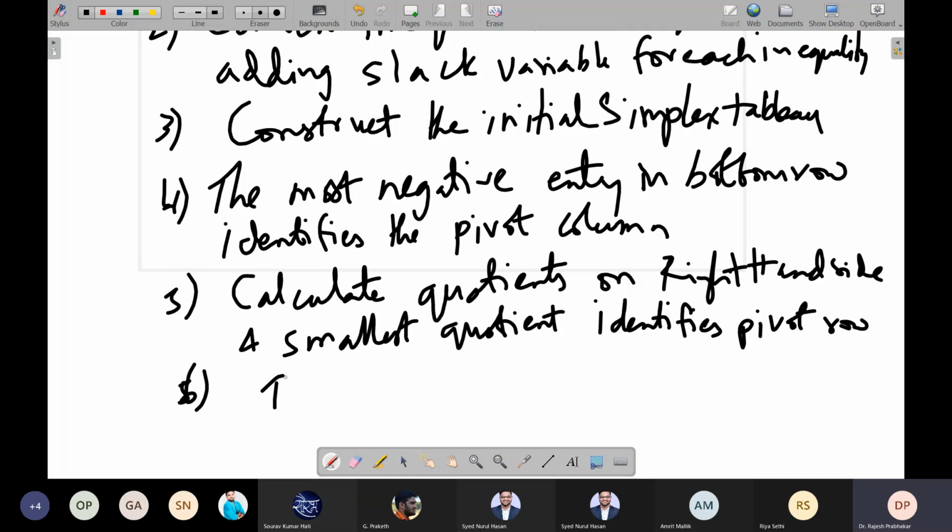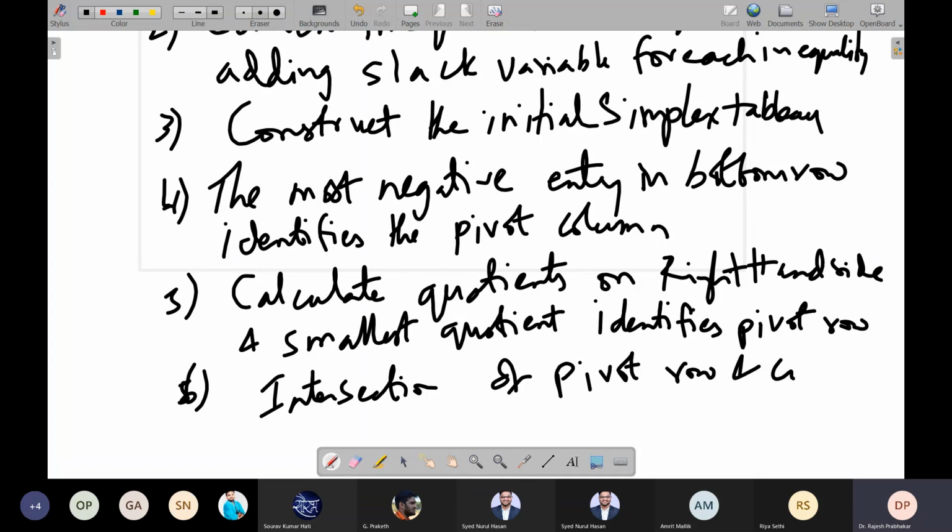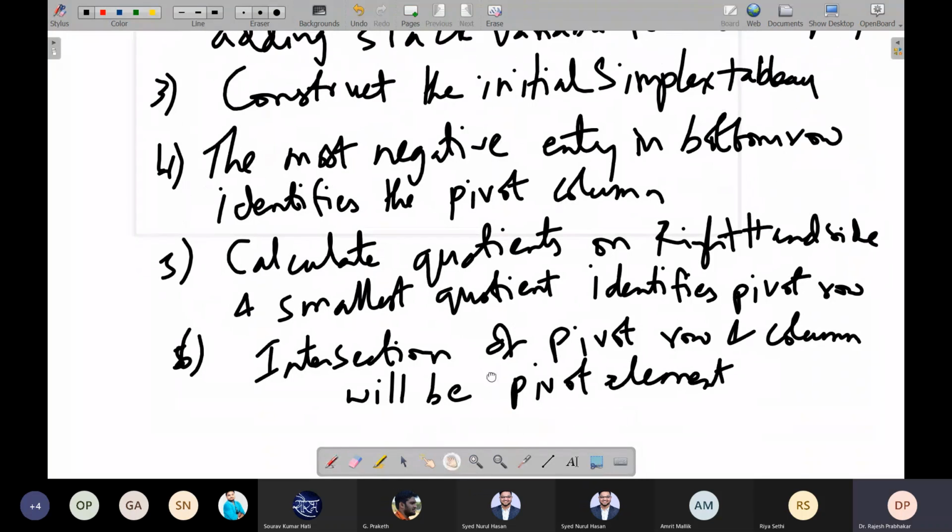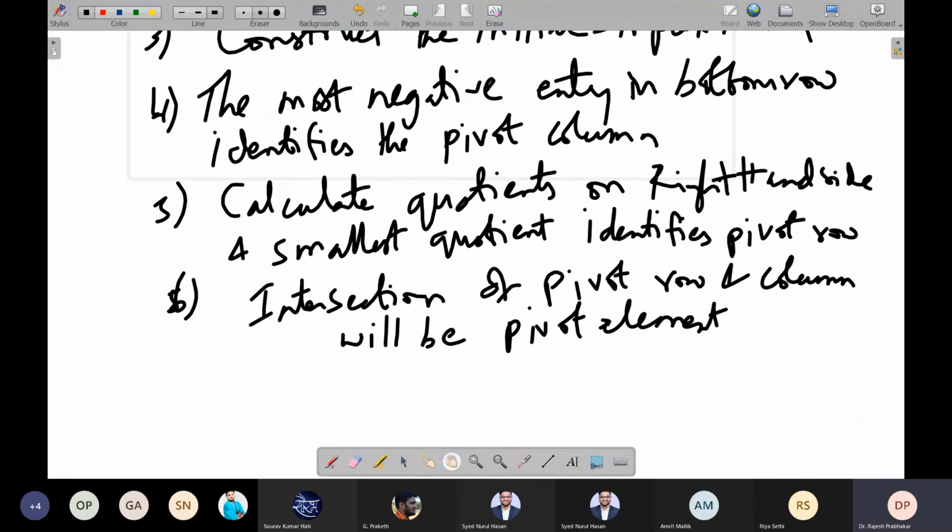Sixth step is the intersection of the pivot row and column will be the pivot element. Step 7.